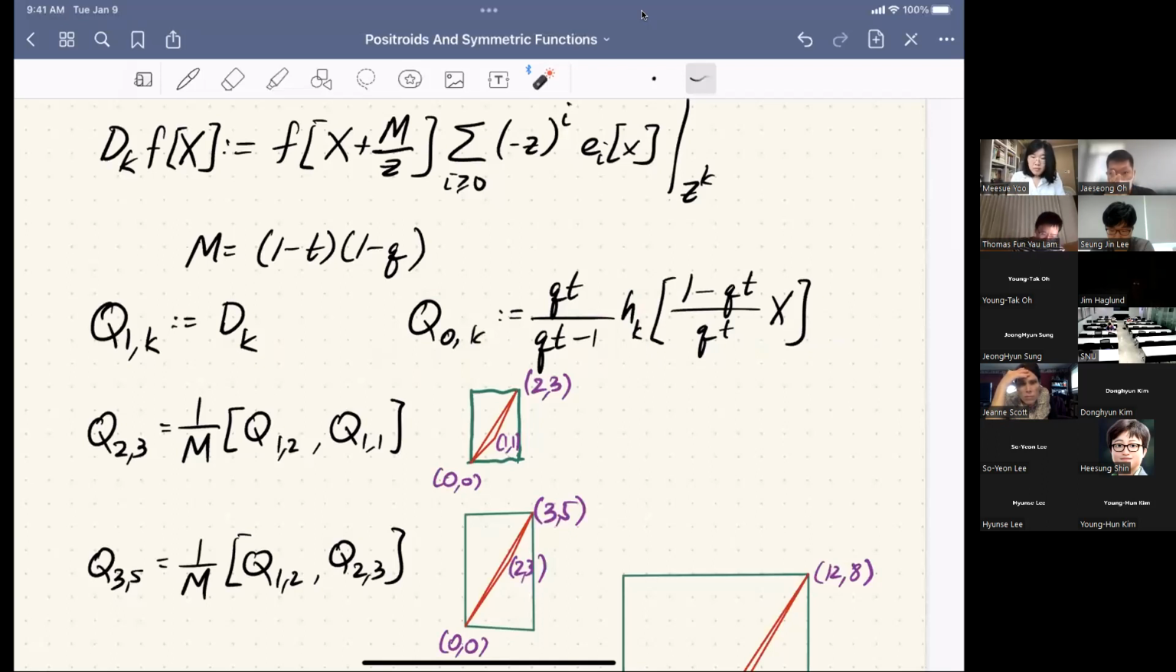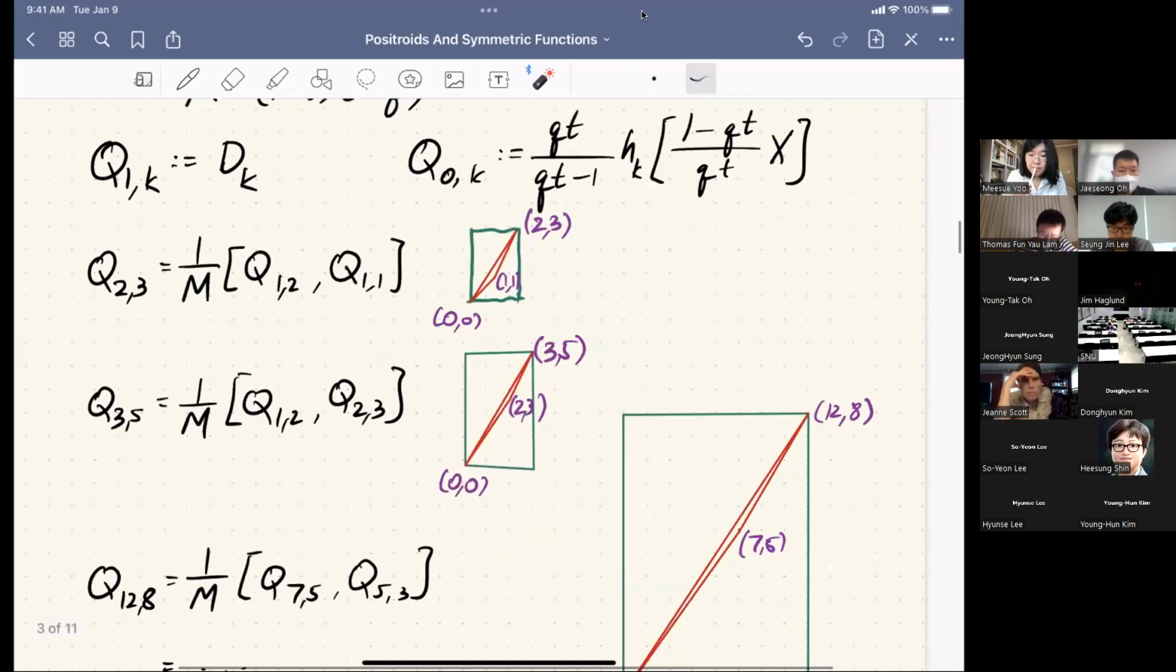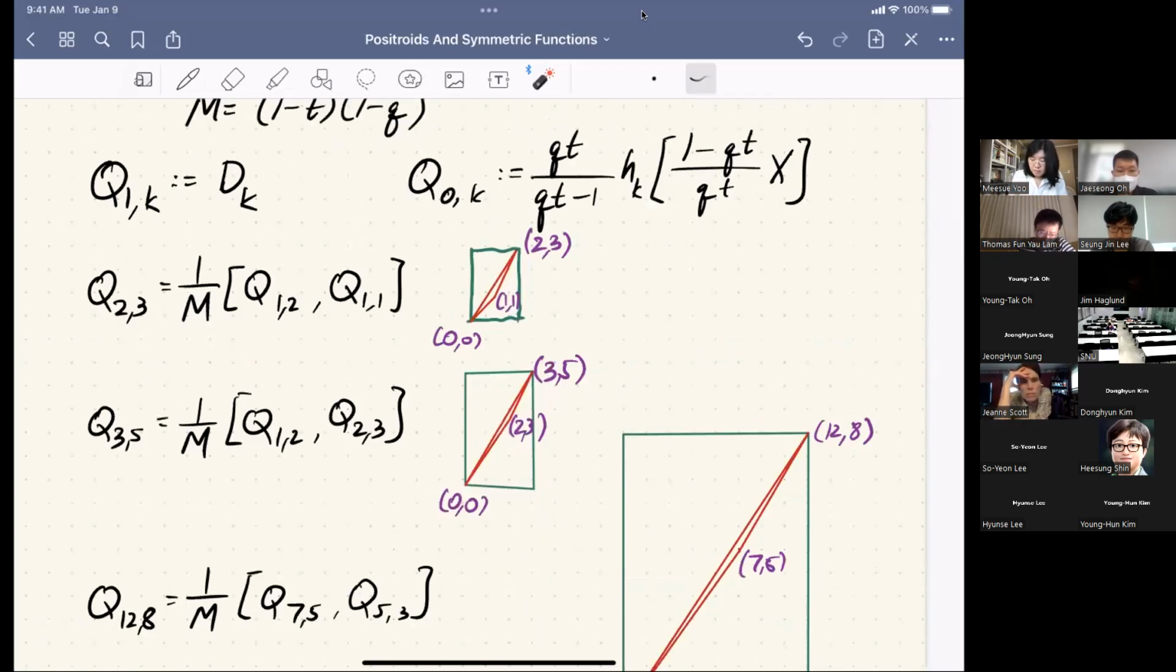So this defines it. If the first index is 1, then it's this operator. If the first index is 0, it's just multiplication by a homogeneous symmetric function. What happens if the first index is not 0 or 1? Then it's defined in this recursive manner, and it's a theorem that this recursion gives a well-defined collection of operators. So I'm just going to do it by example. If you want to know what Q23 is, then you take a 2 by 3 rectangle, as I've drawn here, and you find the